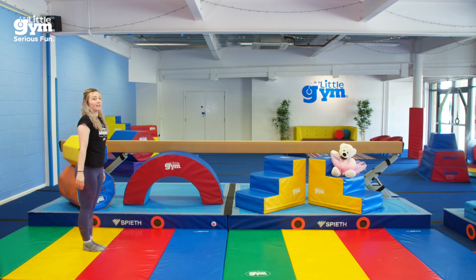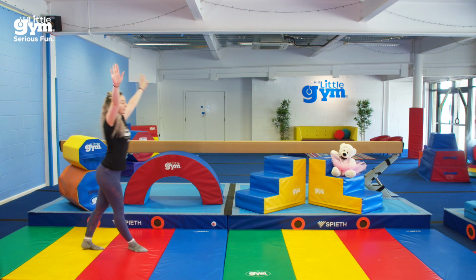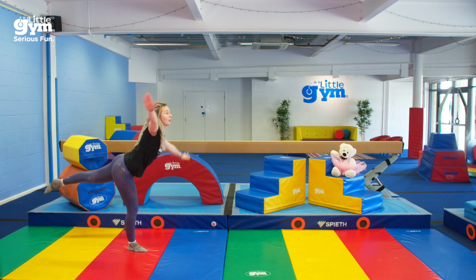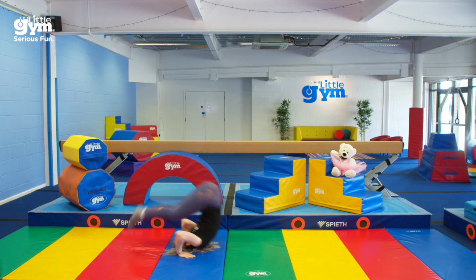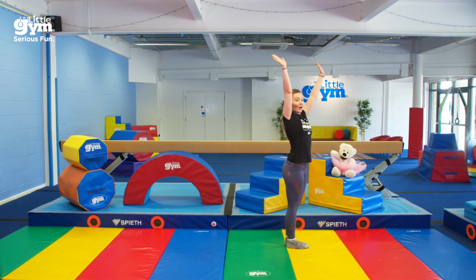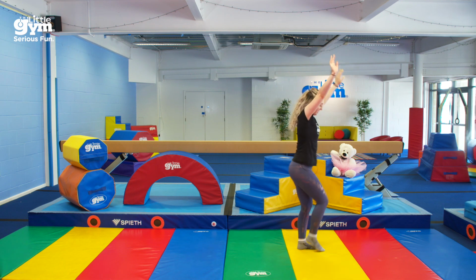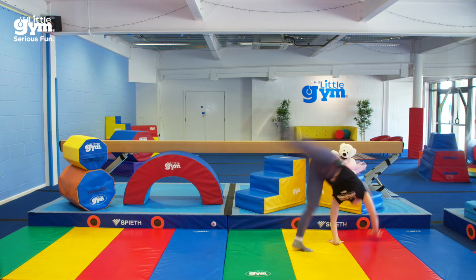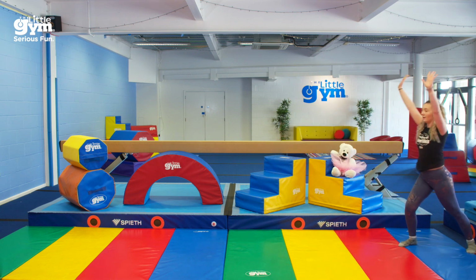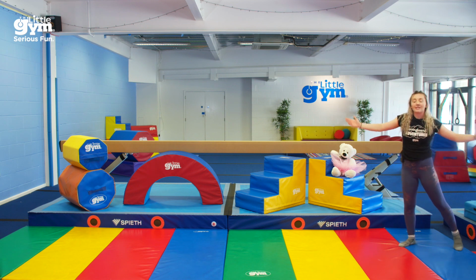We're going to do a lovely jump turn before we do our arabesque. See if you can find your balance. See how long you can hold it for before you do your forward roll. Ta-da! We can do a spin here. Step back so I've got some space to do my cartwheel. And then look at that. I'm facing the other way. And I can finish my lovely routine with a nice